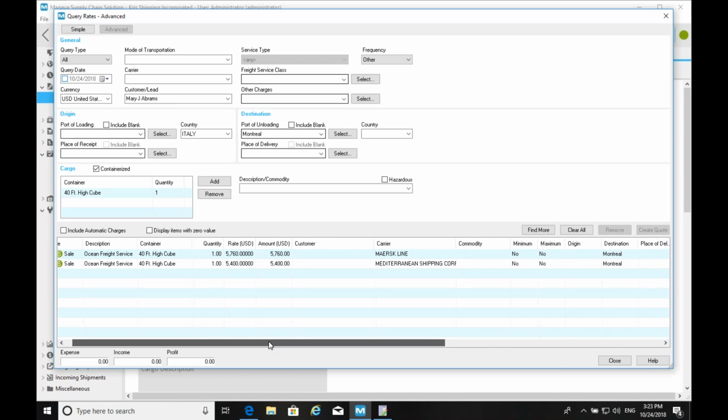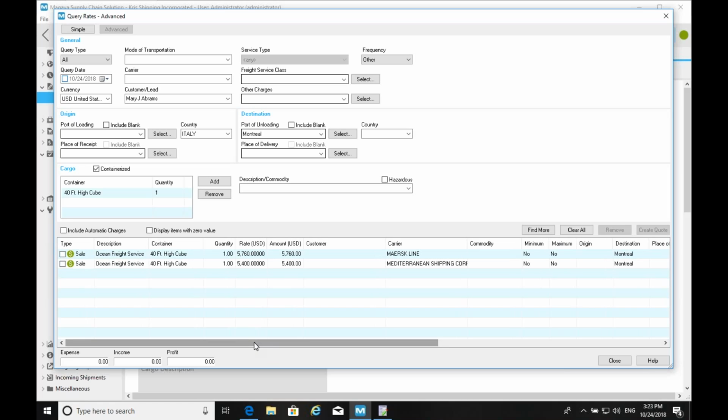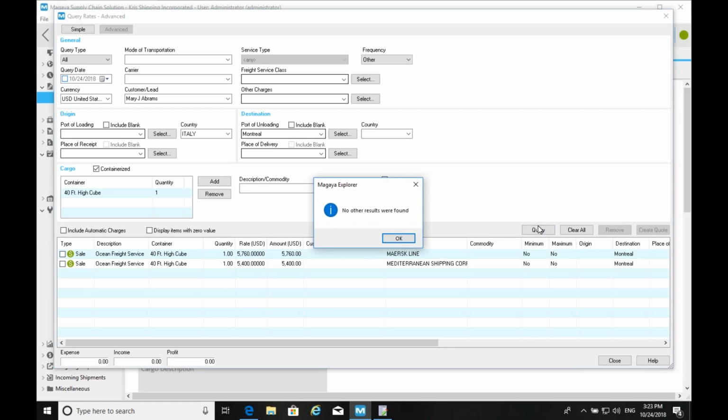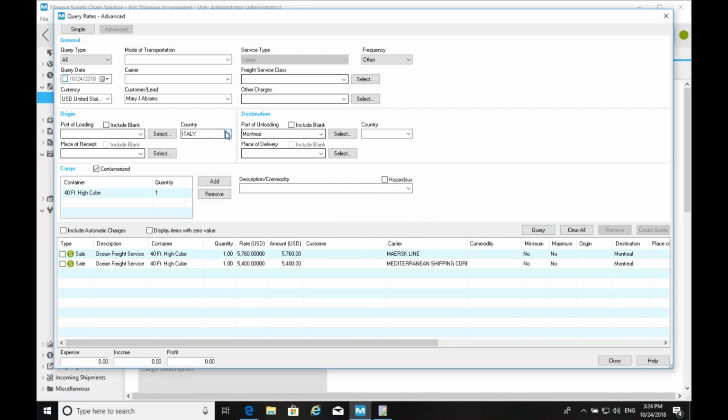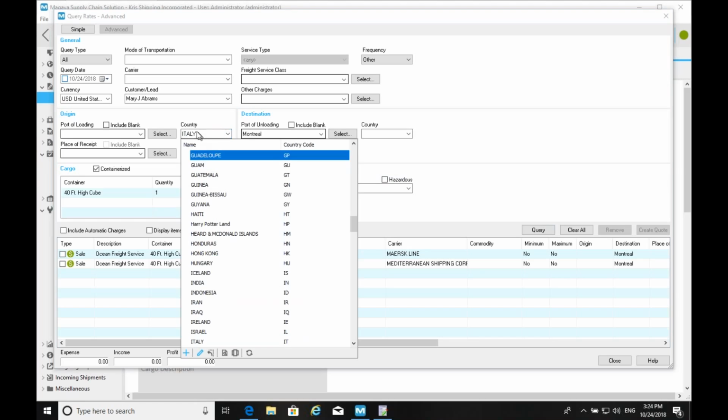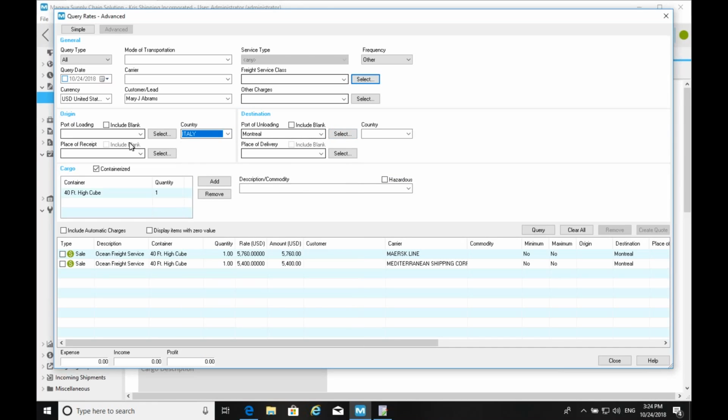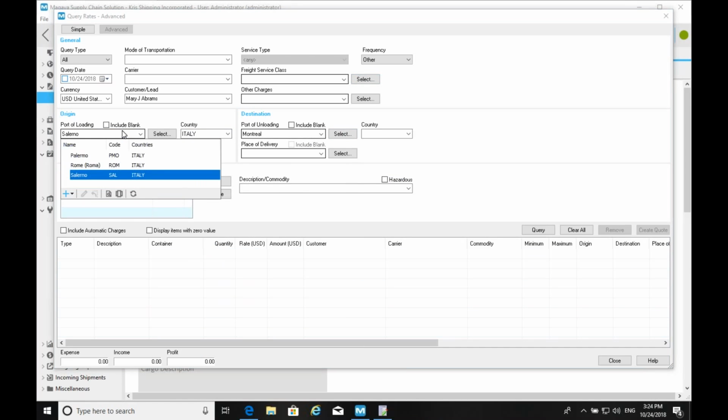Because these are just my general rates from Italy as a country that I've entered as a backup, that I know that I have Italy here. But if I hit the find more button, okay, it looks like at this moment I'm not finding things. Okay, so let me see if I have specific ports of loading defined from Italy.